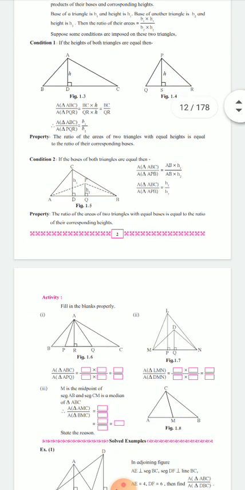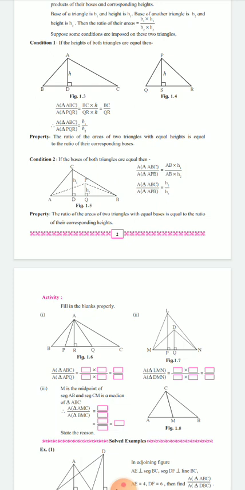So we will get here area of triangle ABC upon area of triangle APQ equal to, we can directly write base into height. So base is BC here and height is AR, so BC into AR, and in the denominator again, if we consider area of triangle APQ, again base is PQ here and height is AR here. So if we see AR is common, which means the height in this case is common, and as we all know, if the height is the same, we just have to write down the ratio of the corresponding bases. It means we have to just write down the ratio BC upon PQ.